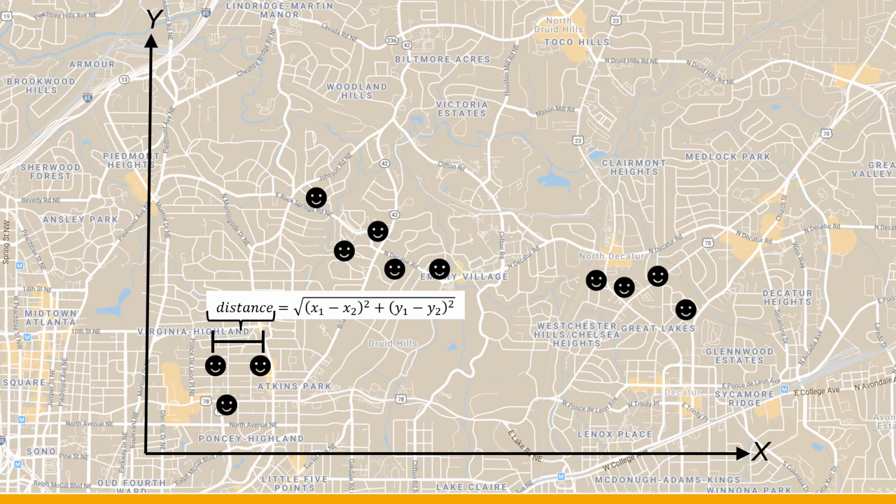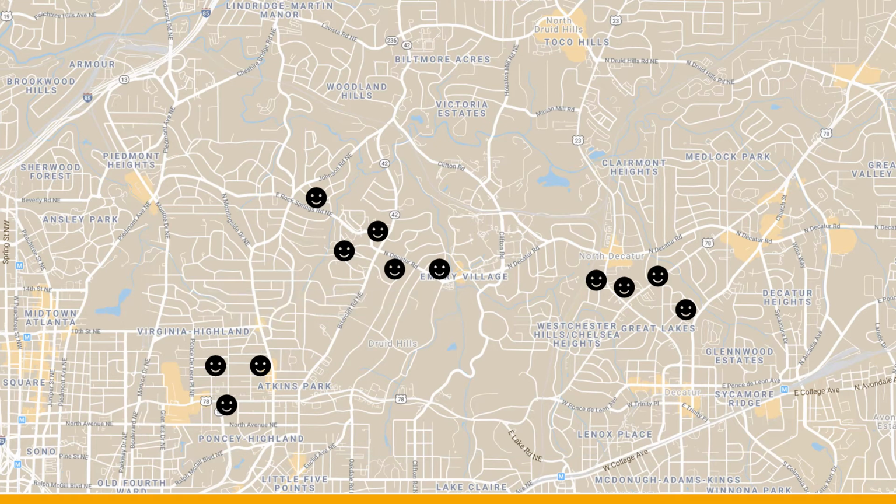Computers are really good at doing the same task repetitively. The computer calculates all the pairwise distances between the customers, looking for the minimum distance. We find the 2 customers who are closest in distance and will service them with the same store. So let's combine them. Next, we find the next 2 customers who are closest in distance and combine them so they're serviced by the same store. In this case, it's a customer right next to the 2 we just combined, so now we have a triple. We continue in the same manner.